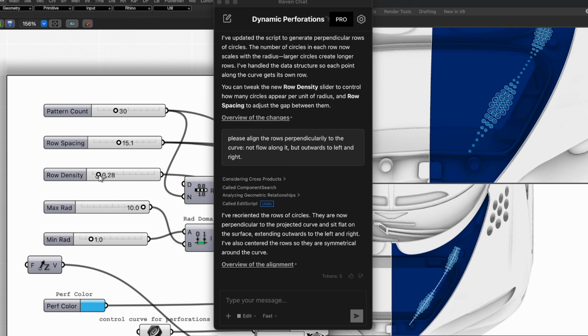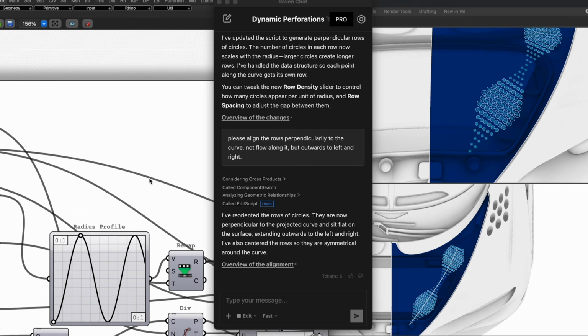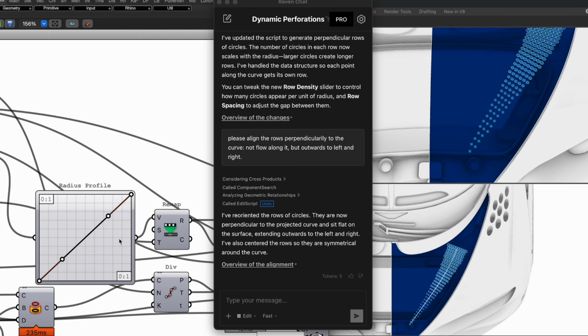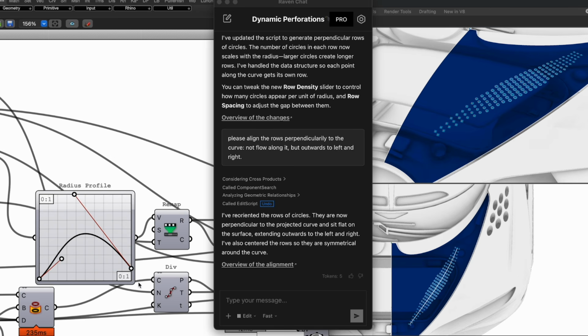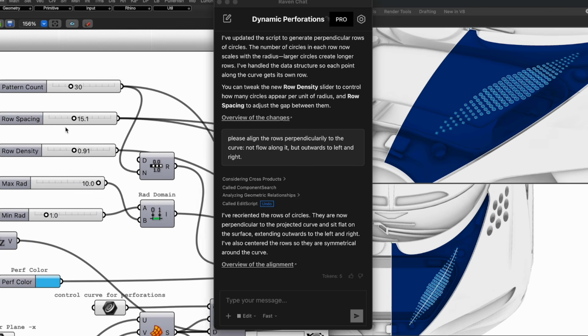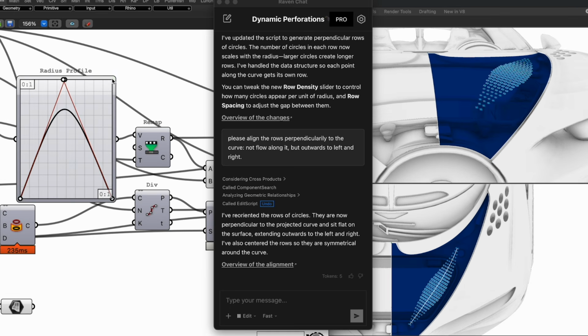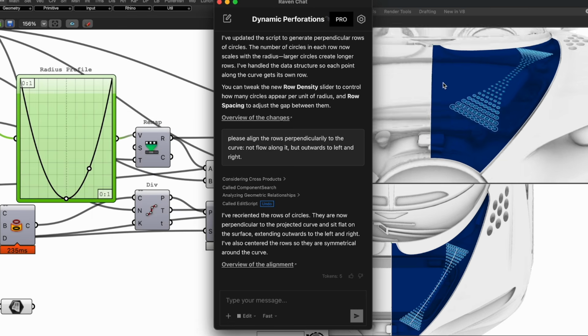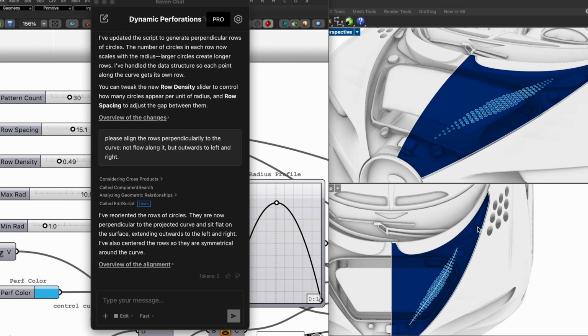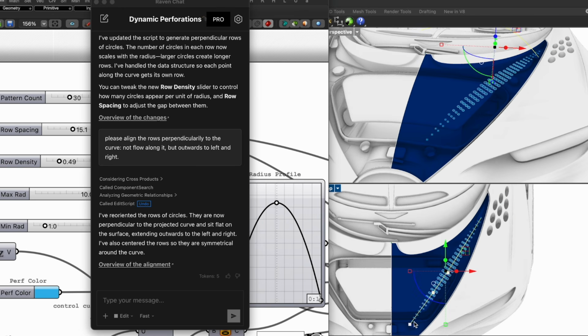And of course, it's still all parametric, so if you want to change the density of the rows, we can do that right here. Or we might want to change the graph type to something that we have more control over, like a Bezier graph, and then really build out a smooth looking perforation. I think I kind of like the parabola look. And of course, these perforations are still linked to my control point curve. So if I take the curve and pull it up here, my perforations will move, and I have great control over how I want them to